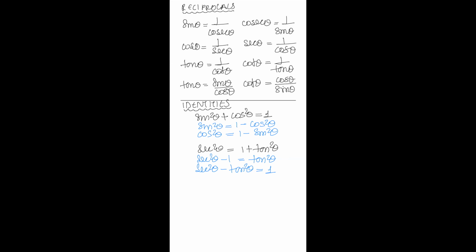And now we come to our last identity, full and final. The last identity is cosec square theta is equal to 1 plus cot square theta. Now, what is the next derived form of it? In the next derived form, we bring 1 to the left hand side. Then it goes like this. Cosec square theta minus 1 is equal to cot square theta. And then you bring cot square theta to the left hand side. So we have cosec square theta minus cot square theta is equal to 1.